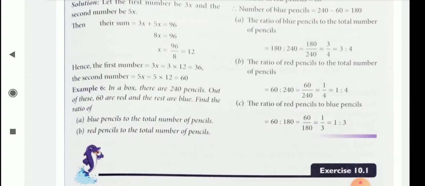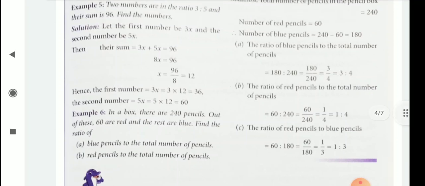Example 6. In a box, there are 240 pencils. Out of these, 60 are red and the rest are blue. Find the ratio. And there are also 3 questions, A, B, C: blue pencils to the total number of pencils, red pencils to the total number of pencils, then red pencils to blue pencils. So first of all, children,